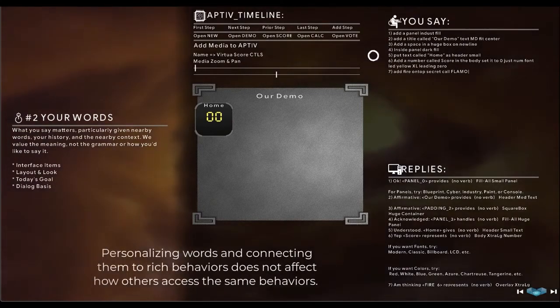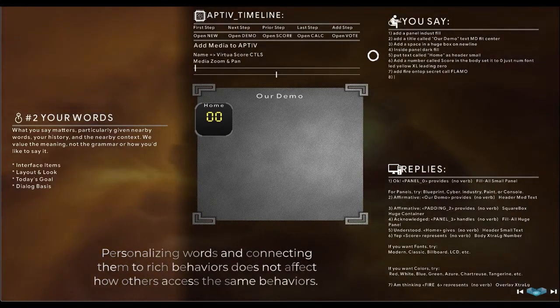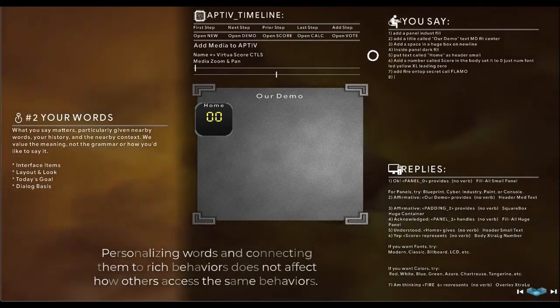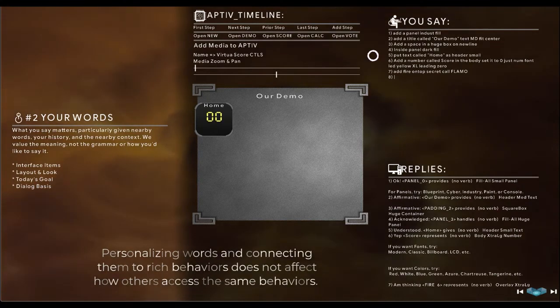Flamo. All right. So when I wrote secret, I can read down here that it's hidden, and that's going to be useful later. But let's think about how we want to add. How do we want to control our piece of software? Let's change this home number. Well, we could add